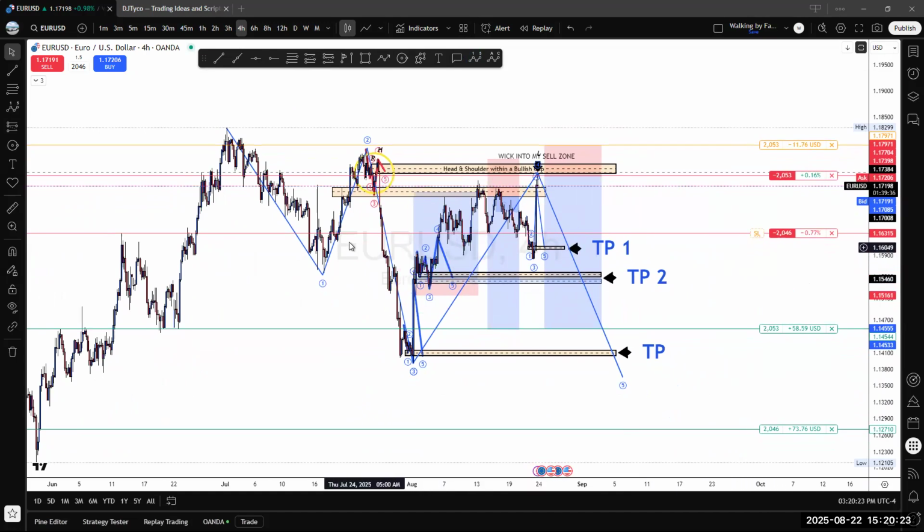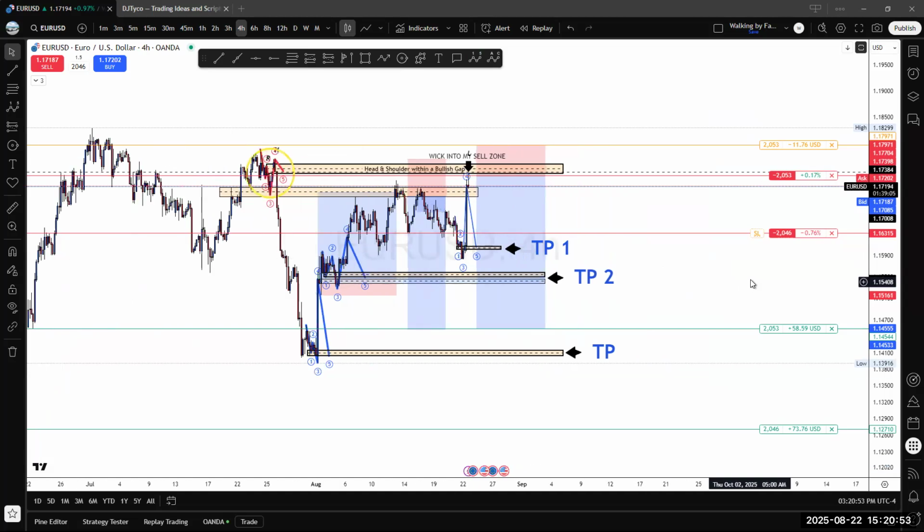Yeah, I get it. And I guess when I'm looking at it from the higher time frame, the way that I look at the higher high and higher low is way different than if I'm looking at it from like a 30 minute, 15 minute time frame. Yeah, because you're looking inside of the candlestick and not the candlestick itself. Exactly. For you to understand the lower time frame, you need to master the higher time frame first.